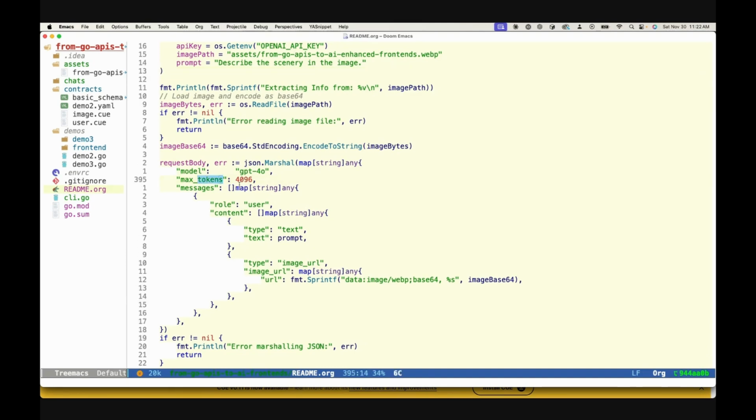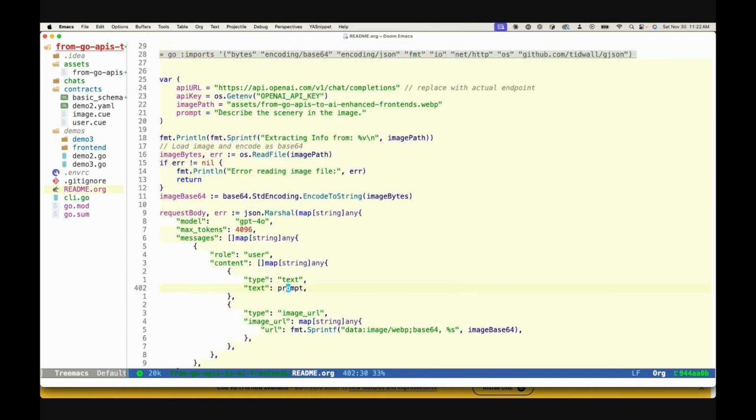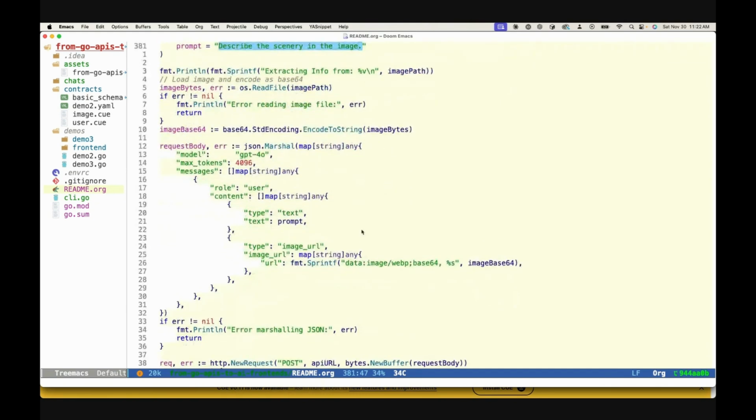I want to use a maximum of 4,096 tokens, and then I pass it a prompt. So the prompt is specified here. The information I want to retrieve from the image is this: a description of the scenery that's inside the image. Okay,